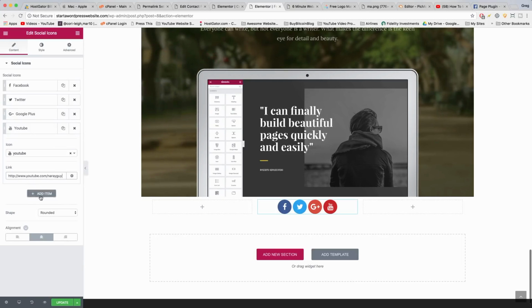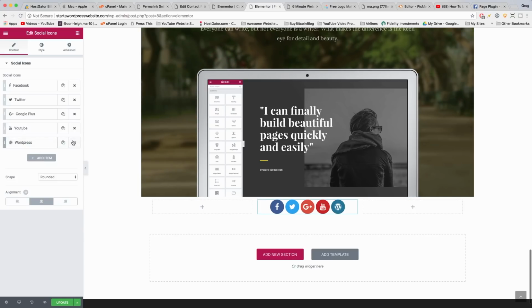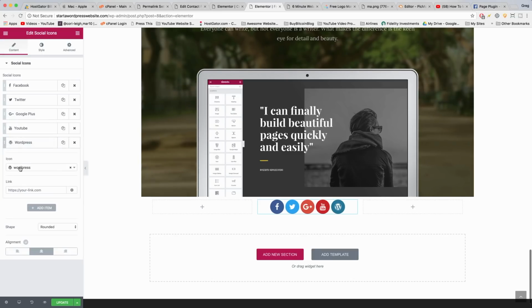And then if you want to add one more, we can add item. And then I'm also going to do one more. So WordPress looks pretty and all, but I'm actually just going to do Reddit, because I started posting a little bit on Reddit. I think it's a lot of fun. You can learn so much, and people just go nuts in those comments. Okay, so now you guys can check out my Reddits. And Reddit's actually a great source of free organic blog traffic if you answer the right questions or you post really interesting links. So, alright, we're going to update that section,